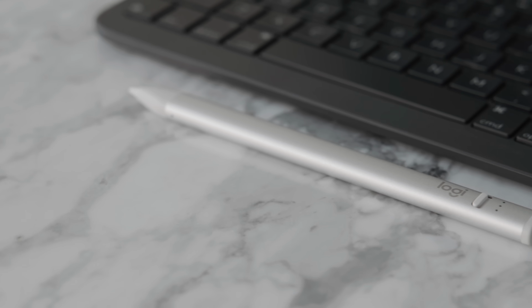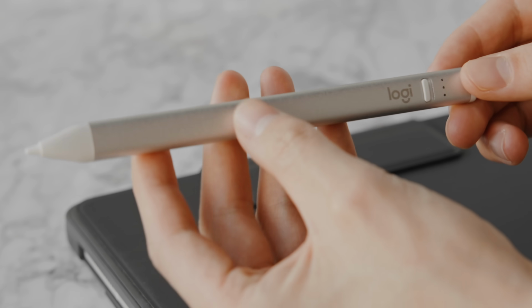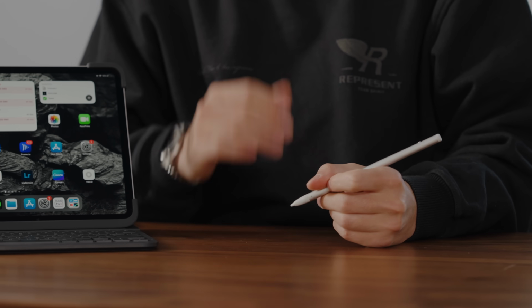So first things first is the design. You take a look at the Crayon here and it is shaped like a carpenter's pencil. I'm someone who doesn't have that much experience with that, but I do find that it is a very natural and ergonomic format that allows you to grip the pencil very nicely. But yeah, I find that it's a very natural grip, and it's actually one that I prefer over the Apple